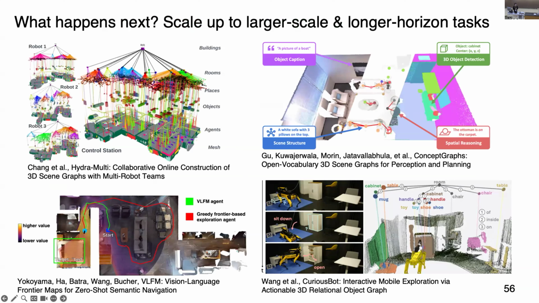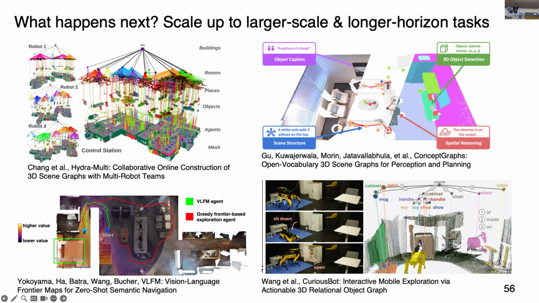And I believe many of the investigations, especially on building larger scale scene graphs, especially some kind of action-conditioned scene graph, could be very nice representations for us to really move vision language action models to larger scale environments. Again, it's very, very hard for me to imagine this gigantic end-to-end model will be able to really be deployed in these kinds of scenarios. Some kind of structure, I believe, has to be in place for us to do this kind of scaling up